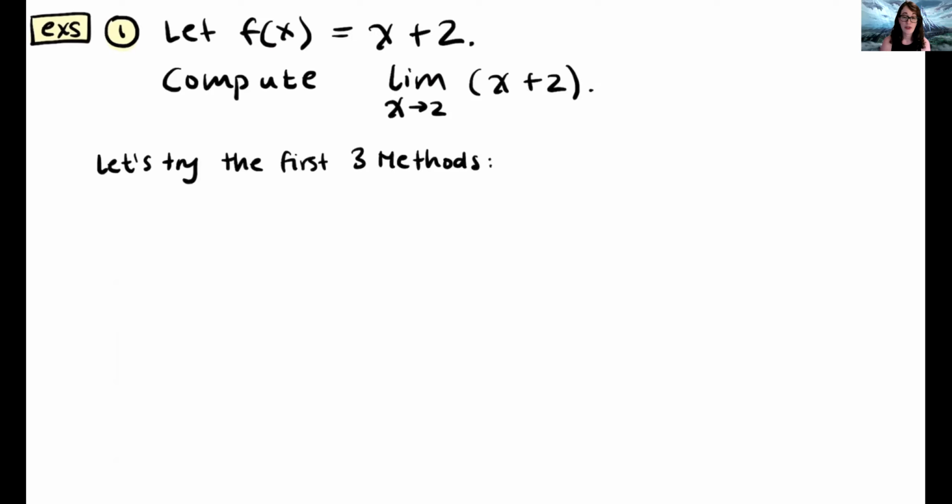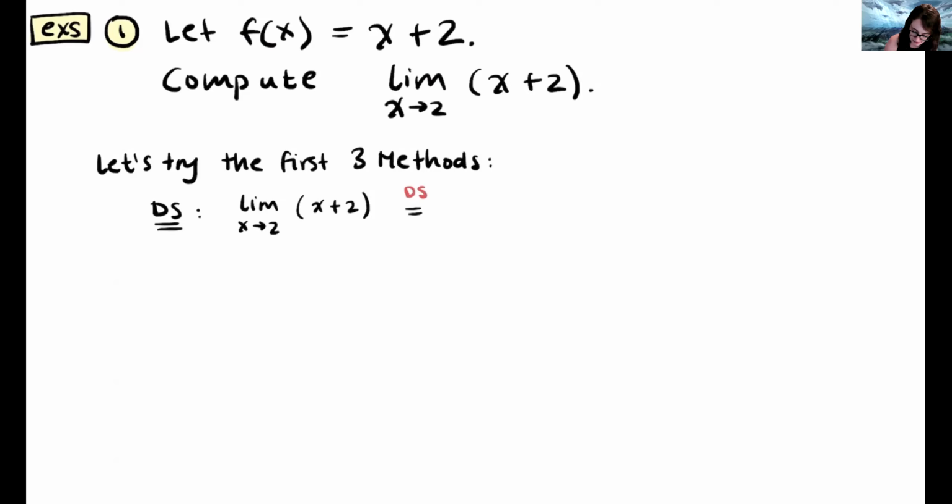Okay, so with direct substitution, remember we're abbreviating that ds. This would just say, okay, what we're going to do if we're finding the limit as x approaches 2 of the function x plus 2, and I just put parentheses around here, you don't really have to. If we're going to directly substitute in, we're going to put an equal sign, and then above that, to indicate